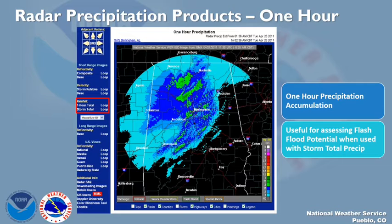Some other important products we look at are precipitation products. We look at two main ones. This one is a 1 hour precipitation, which kind of gives us an idea of what the rate was for that hour. Any flash flood issues might come up because of how much rain has fallen in a relatively short period of time. Again, as you can see, this is Alabama,